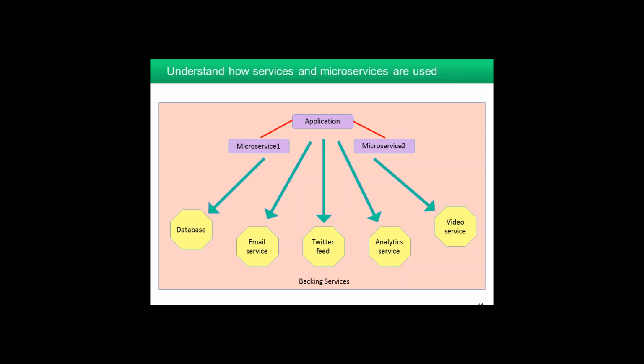In addition, we can have different update cycles for the different components of the application. So if microservice 1 is more slowly developing, there's less change involved in there, fine, we don't have to update it. Whereas if, say, the main application itself is adding new features all the time, we can update that on a more frequent basis.